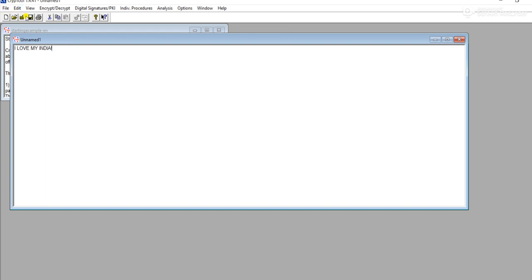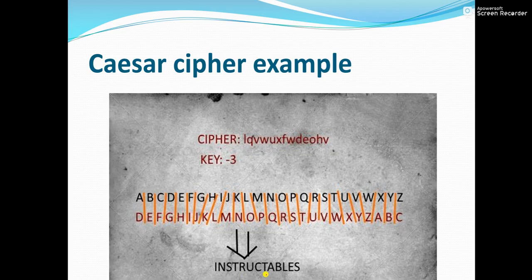Now if you want to save it, you can save it from here. If you don't want to, and you directly want to perform the encryption, you can do that. But now which encryption do you have to perform? So let's move further. For the plain text message we have created, we will perform the Caesar-Cipher technique.